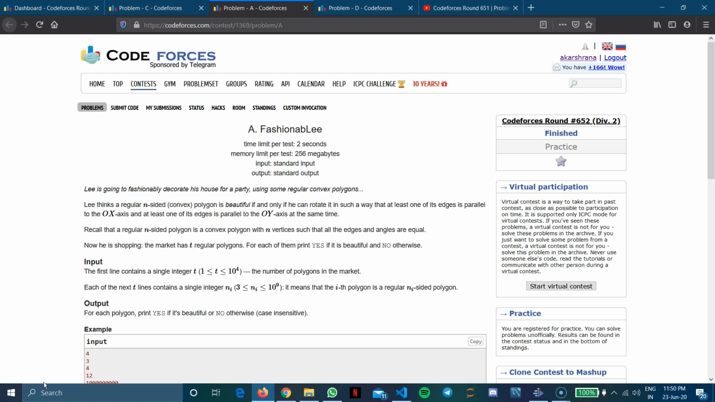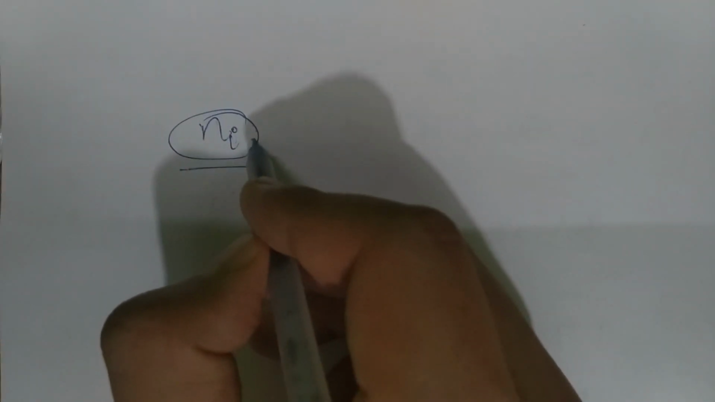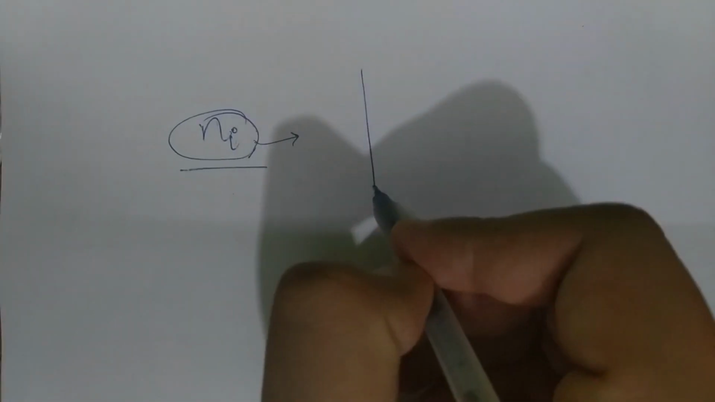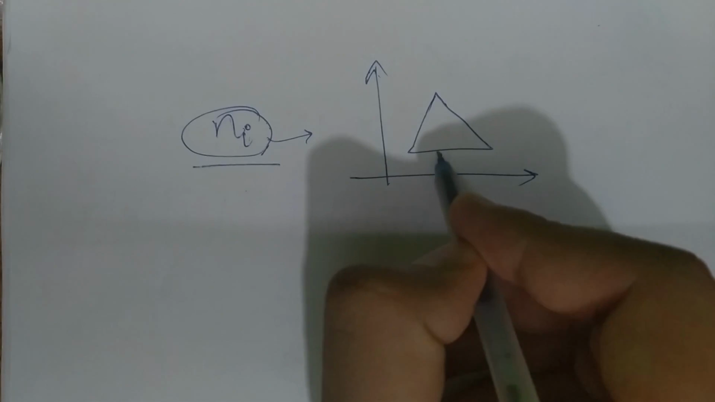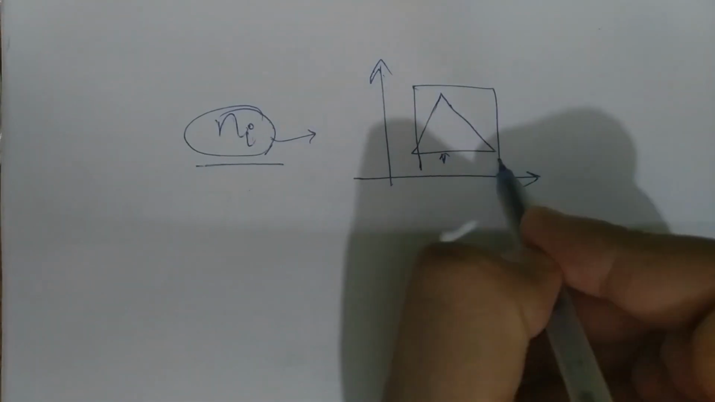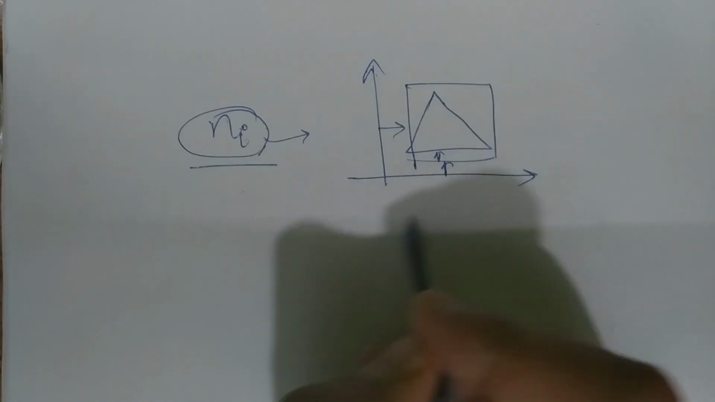Hope you'll understand it. According to the question, we are given a number n_i and we have to tell whether the polygon having n_i sides is beautiful or not. If you just observe by drawing 3-4 polygons, you'll see, let us make these axes, a triangle has only one side parallel to an axis. You draw a square, it will have two sides. Now similarly, if you draw a pentagon,